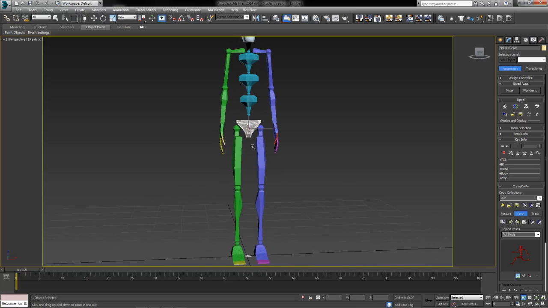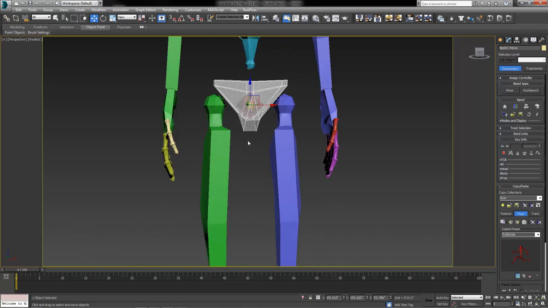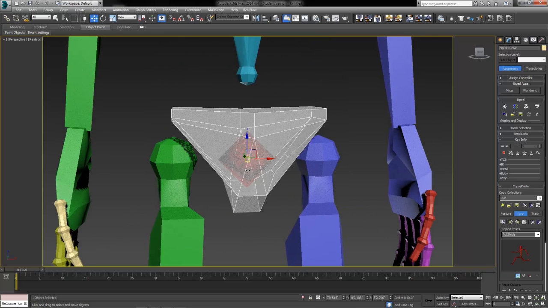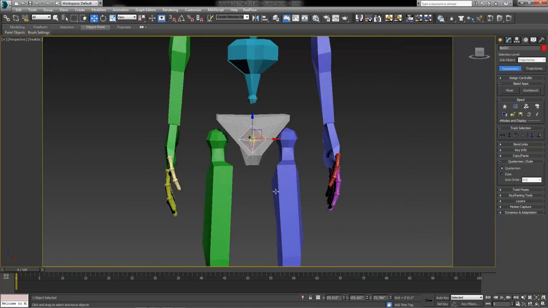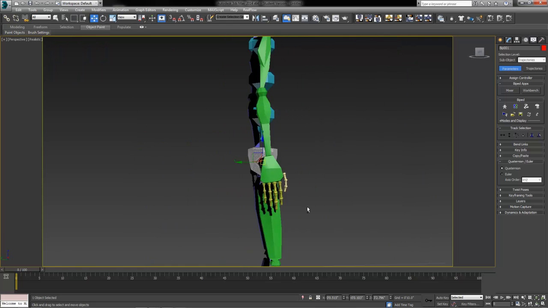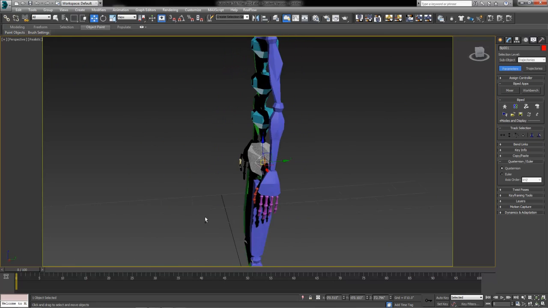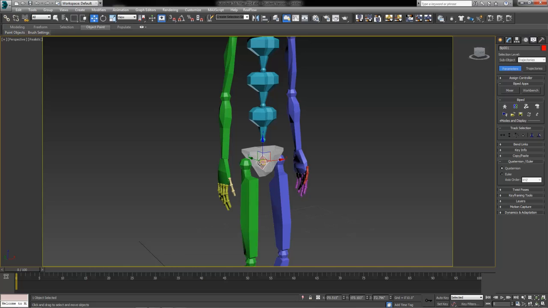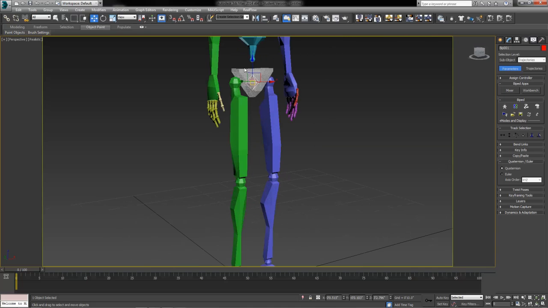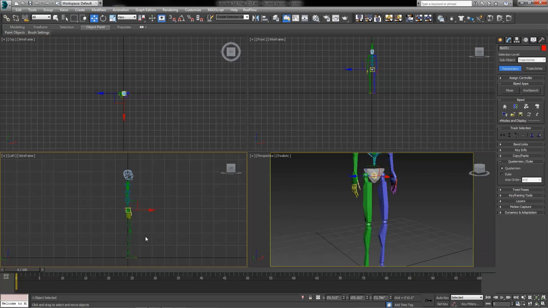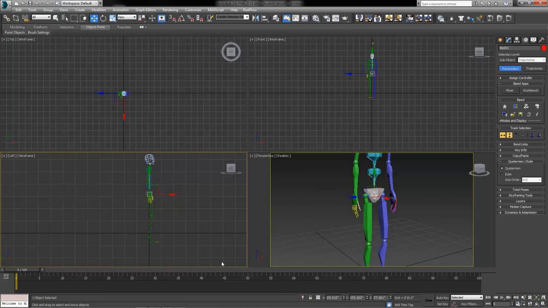If you want to, you can Alt-X to make that pelvis bone invisible, because on the inside here we've got this Bip01 bone, our actual biped bone. It's the center of gravity, and they like to hide it inside this thing, which makes it incredibly difficult to grab hold of sometimes. But that's all right. We're going to grab this guy and bring him down, especially if I turn my grid back on. Here's our ground layer. I want to bring him down a little ways, like he's made contact